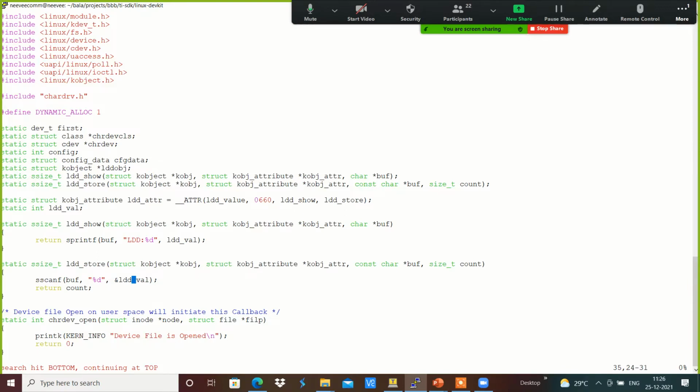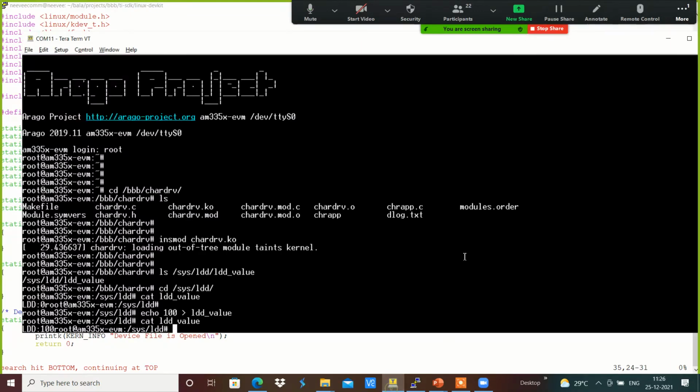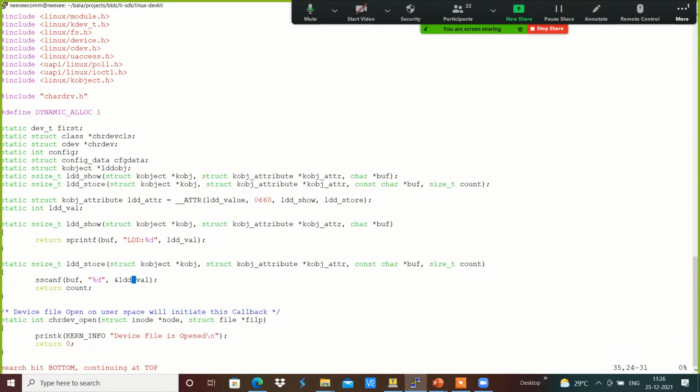Here we have a sample of LDD value, and LDD value is the simple attribute that we are using to access or update the values. Whenever we are trying to read the value, there will be a callback function called LDD_show, which has been defined for reading the LDD value attribute, and LDD_store, which is used whenever we are writing into that particular attribute file.